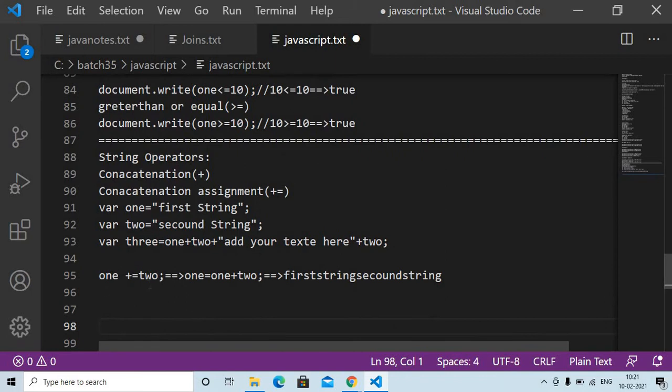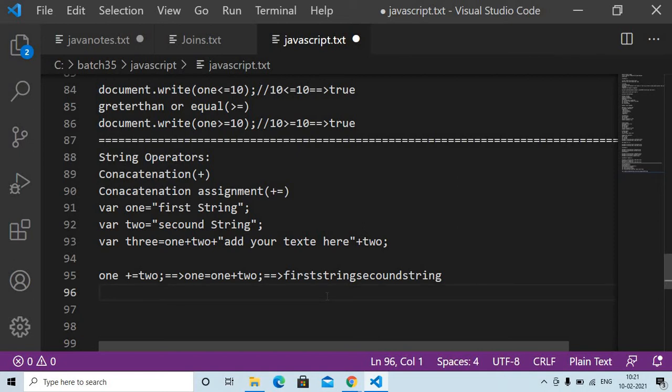Assignment operators we have already done, equal to. Yes, sir, already done yesterday. Okay, right, so like that here also we are attaching. Internally it converts, 1 is equal to 1 plus 2, first string and second string it is attaching.